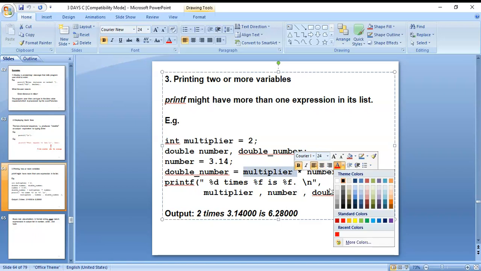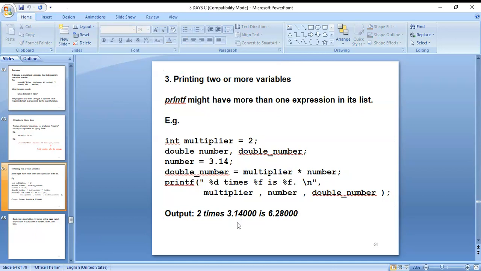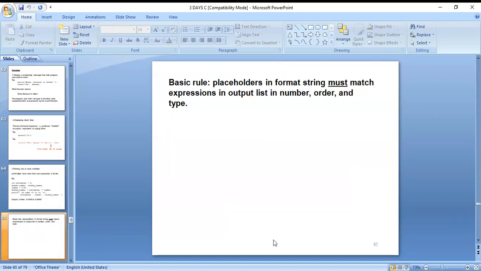These values are printed there. Then you got 2 into 3.1400, which is correct, and you got the result that way. After that you can see multiplier, number and double number, these all are there.